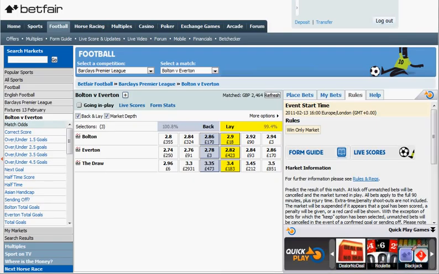So as we said, the game here is very evenly matched. The odds on Bolton to win and Everton to win are very, very similar. In fact, you probably won't get them much more similar than that, which is great for what we're going to try here. So for small stakes, like I say, and always I would recommend start off very small